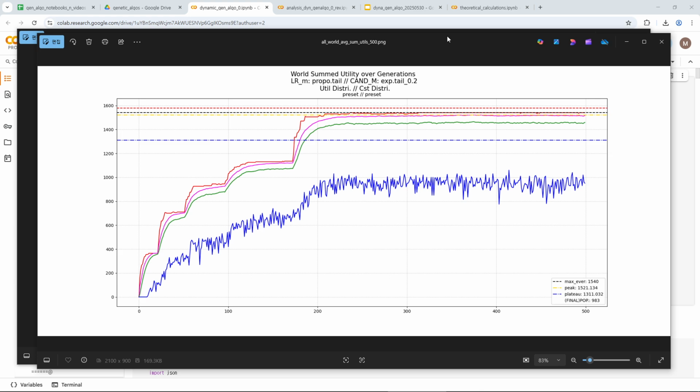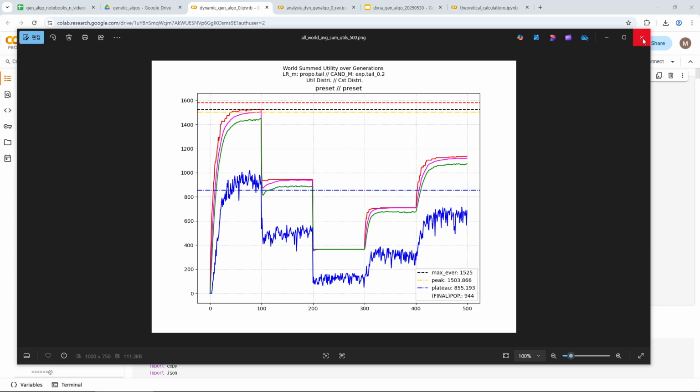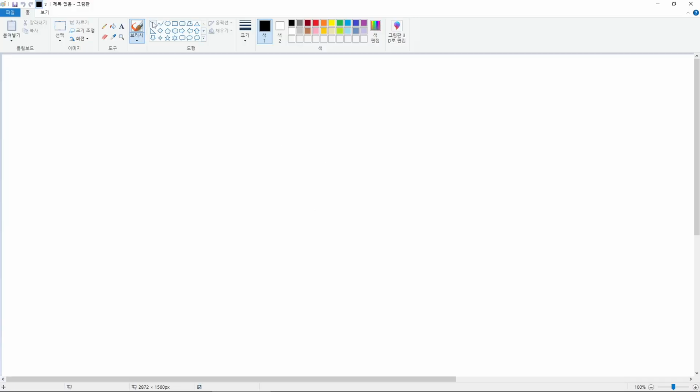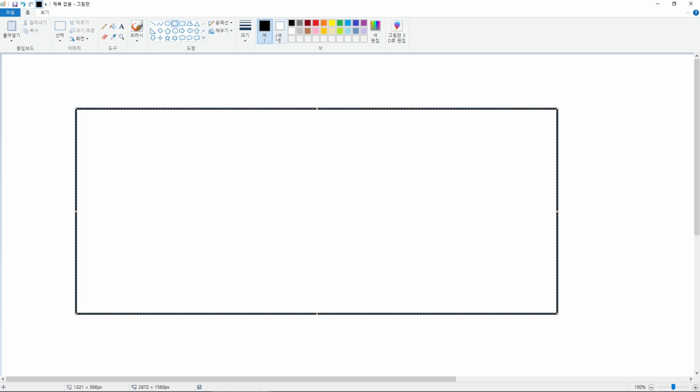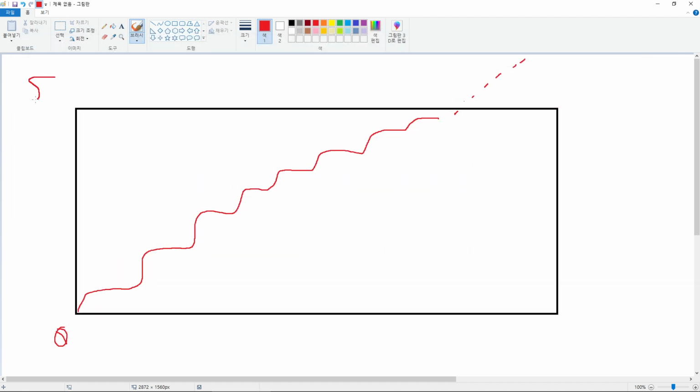So after I've demonstrated this, I left off saying that I was curious as to if I could achieve the same when there are more than 5 eras, because as we've seen, and this goes on and on, hold on, this is some utility values, and this is generation. So as we've seen,